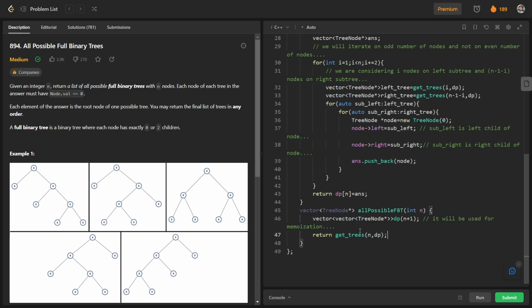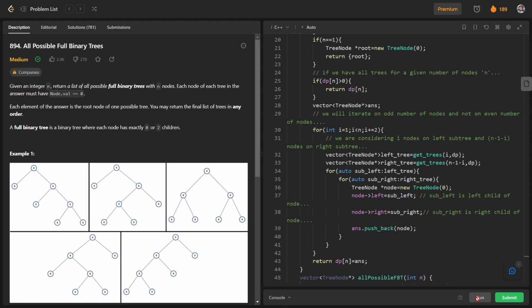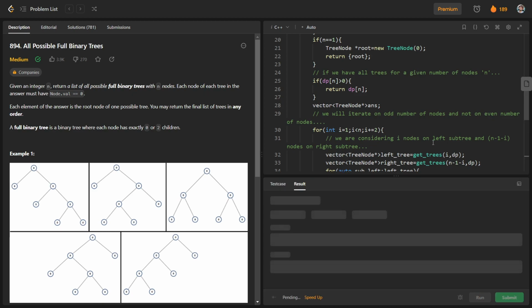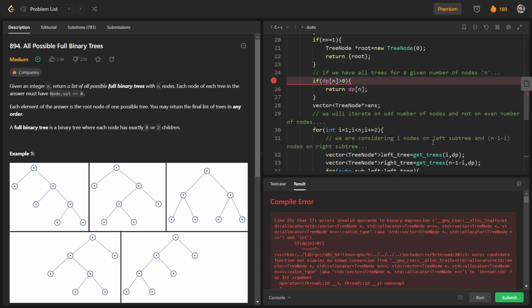So let us see whether the code works or not. Okay, there is some kind of error here. dp of, okay, it is size. Size of the dp. So basically if the size of a particular dp of n is greater than 0, what does it mean?